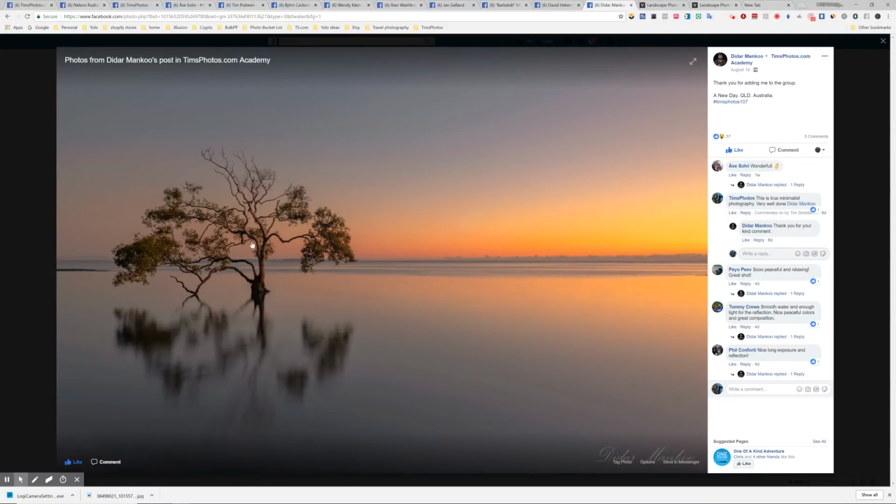I would say that the tree is somewhat balanced because you've got something to look at on the left side of the image, and then it's balanced with this brighter light on the horizon line on the right side of the image. I think, Didar, you probably could improve this photo by pulling some more of the blue out of the sky and in the reflection, maybe a little bit more saturated blue, but this is the way that you chose to edit the photo. This is your art, and I very much appreciate this. This is a beautiful piece of artwork. To me, it has a calmness, a stillness, a sense of serenity, of peace and beauty,